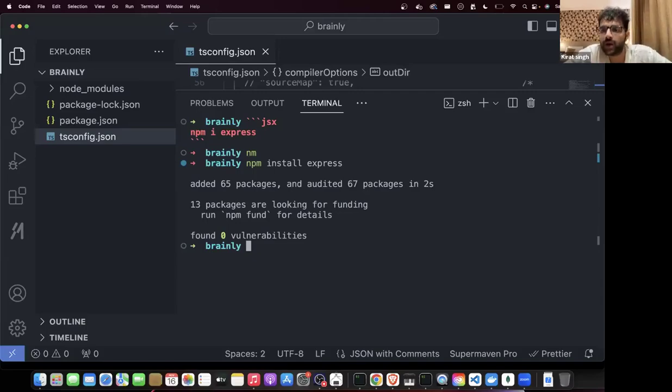One thing you can do now is use a different syntax for importing. I repeat, अभी तक हम लोग import एक दूसरे तरीके से कर रहे थे. We were using require. But if you remember, React में we were using an import statement, which is slightly better, more modern, introduced later. If we are using TypeScript, we can now use this more modern syntax, if your ECMAScript version is above a certain level, which it is in our case. So now I can use this import syntax, and I should use this import syntax instead of the require syntax.